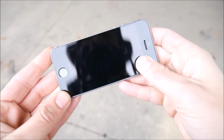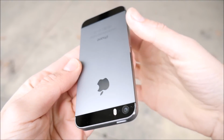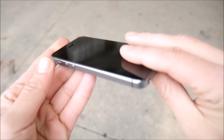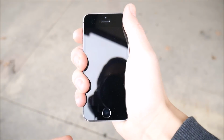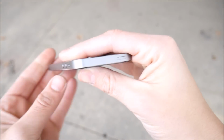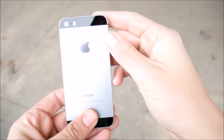Now, in terms of build quality and design, if you decide to buy the iPhone 5S here in 2017, you're gonna have an incredible design. It's still great build quality, exactly the same as what you're going to find on the iPhone SE, but this one has chamfered edges, whereas the SE has matte edges. So this one actually might look a little bit more shiny around the edges,